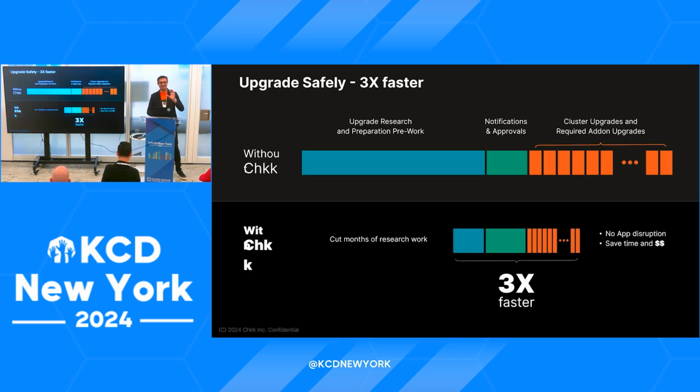How do we do it? Without Check, your upgrade process today is that you have a fleet of clusters. Let's say you have 50 to 100 clusters you're running, or even more. You would have an upgrade cycle. Let's say you're upgrading from 1.25 to 1.26 or 1.26 to 1.27. You would read release notes. You would look at your infrastructure as code. You would figure out which of those release notes are relevant to you. You would come up with some sort of an upgrade plan internally, like a Google Doc or Word doc.